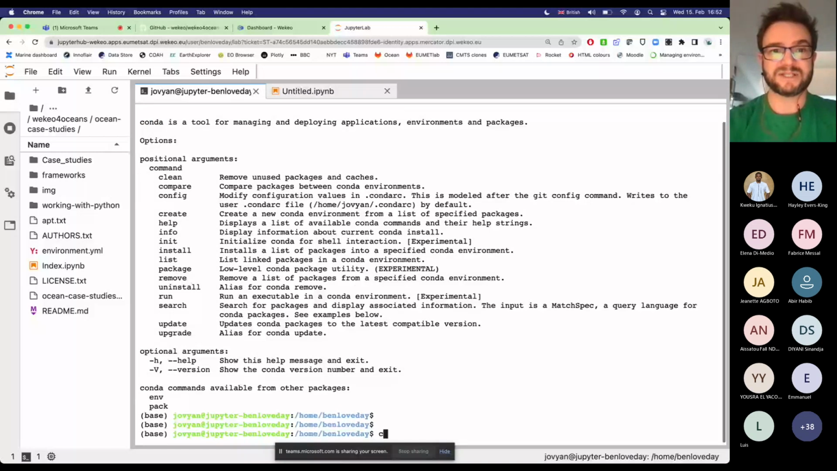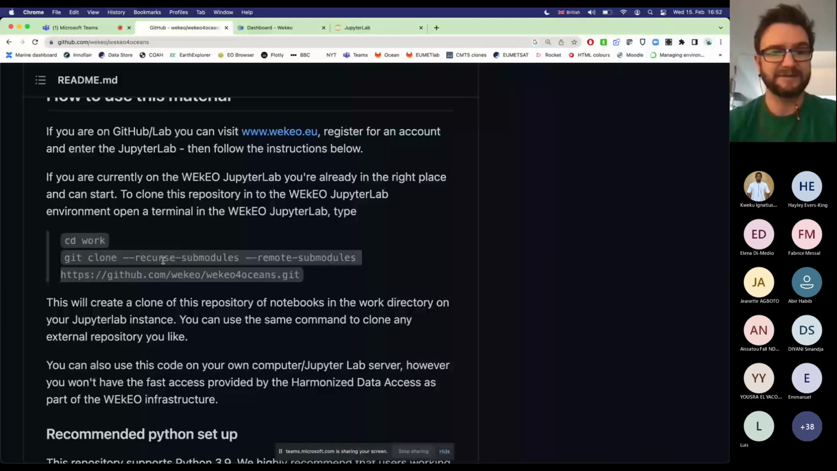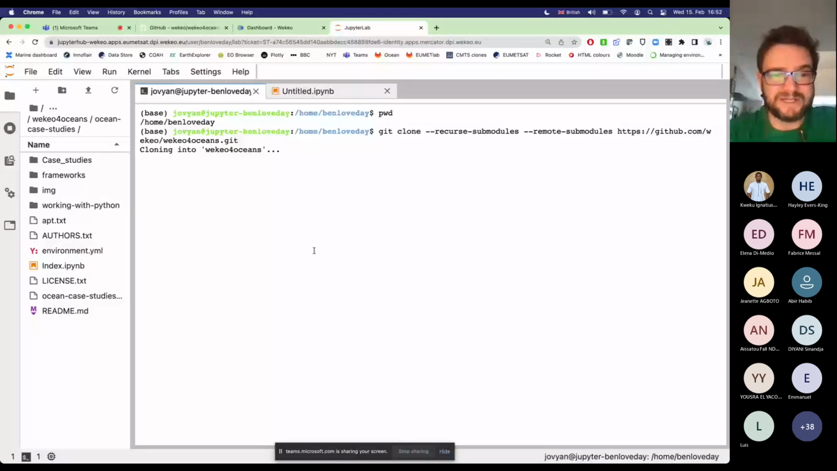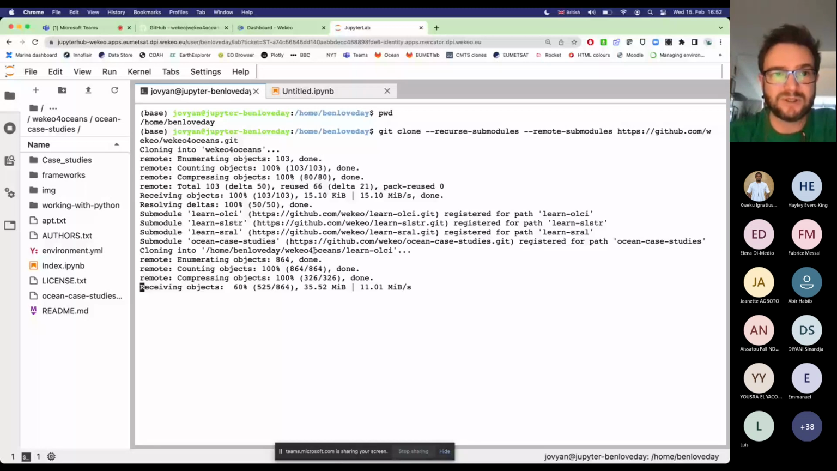Let me just say I'm in my home directory. So I can take this line here, copy the entire thing, and if I run this, it will copy all of this code, all of the Jupyter Notebook, everything I require to run this code onto my WEkEO system in my home directory, ready for me to use at a later date. So don't worry about this too much because we're going to come to this again tomorrow